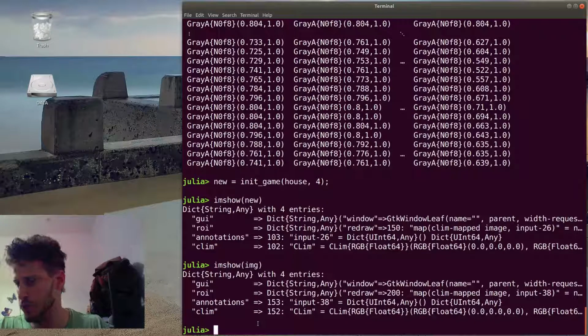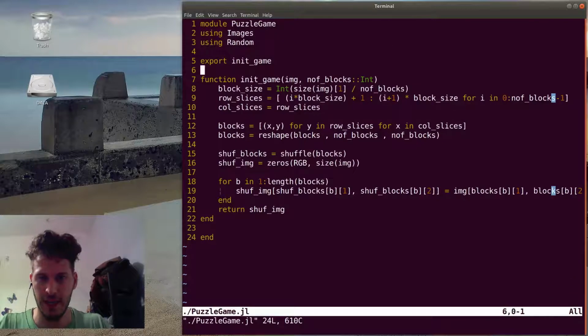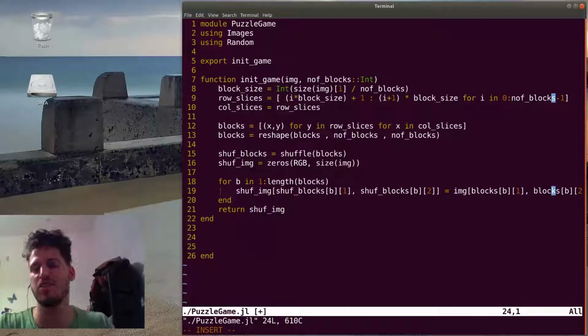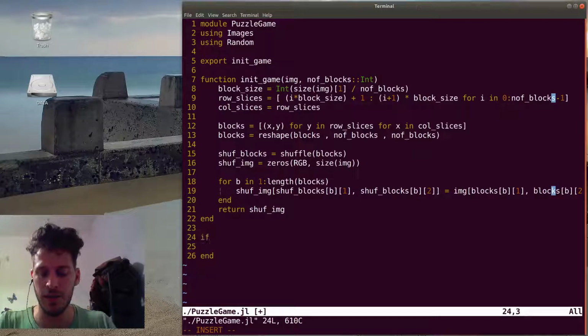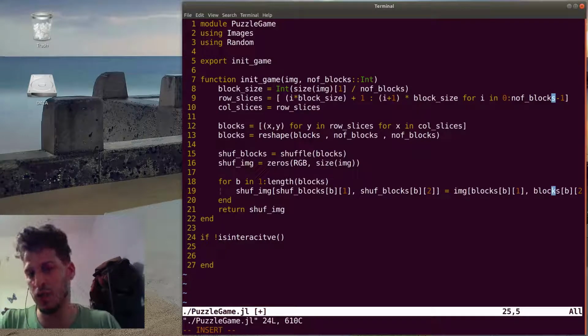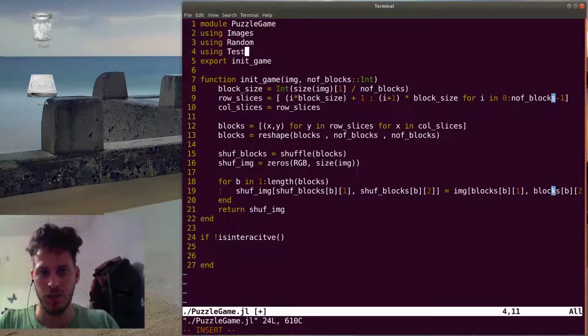If we want it to run from outside the repo, we can edit and add another condition. So you can see there's nothing running at top level of the module. We can add a condition. So if we're not in interactive mode, is interactive. If we're not in an interactive mode, we can bring some image. Let's add here using test images and image view,